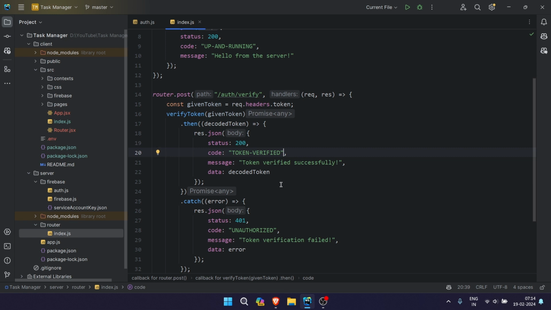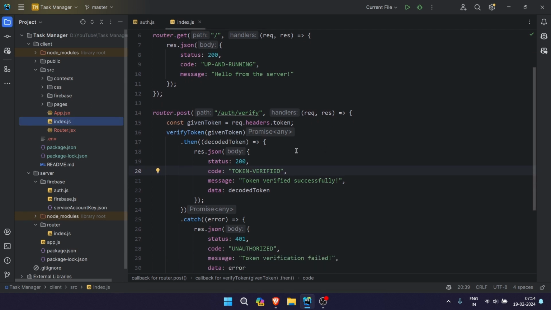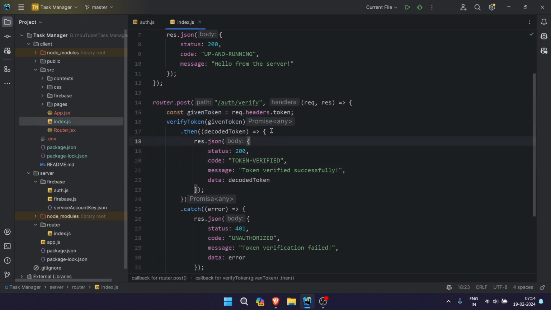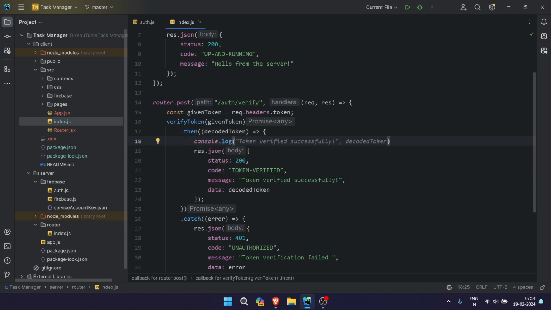That seems pretty good. Now we'll go back to our router, and before we do this all, we'll be logging the decoded token. Also, we'll better change this to response, and then we'll be going to our front end,